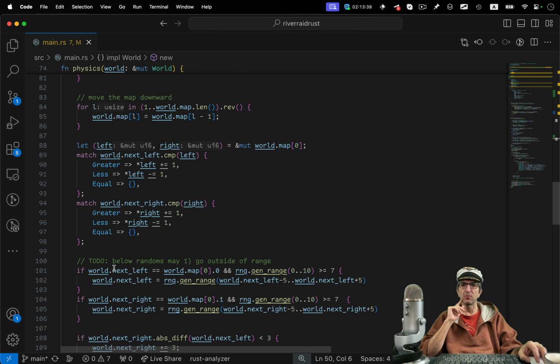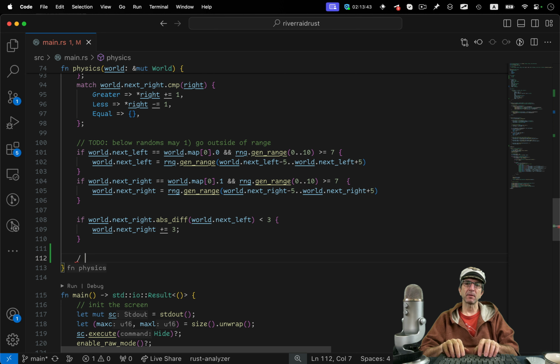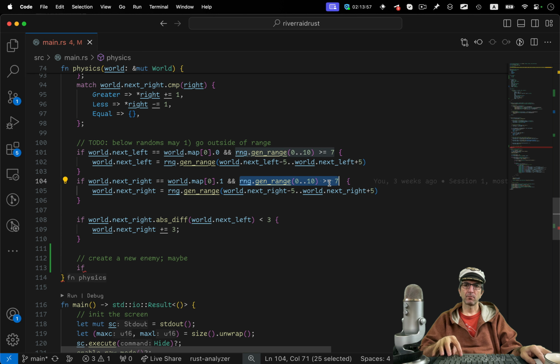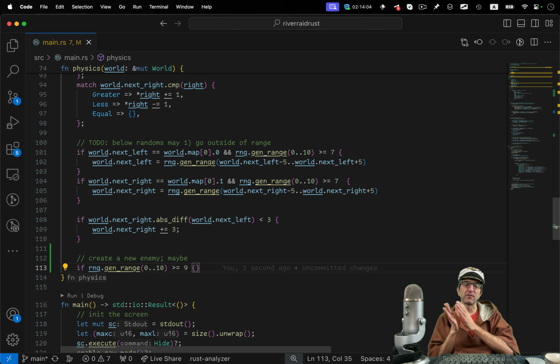When the map is moved, we will create a new enemy, maybe. I would say same logic: only in 1 of 10. Generate a random number between 0 and 10, and if it's larger than 9,